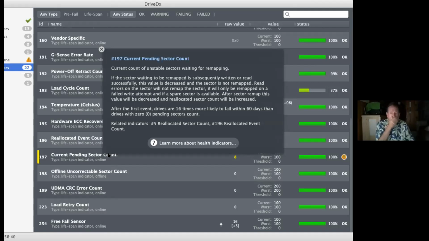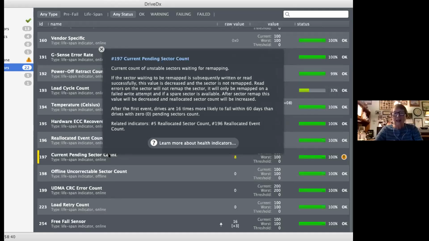So there's nothing currently wrong with it. What they do is they look at all these parameters and they make a determination that because of these things, there's nothing currently wrong, but it's an indicator that it might be wearing out because it's an SSD. Okay, I think I see the same thing on the BBS SSD.